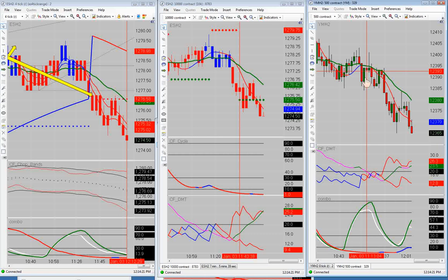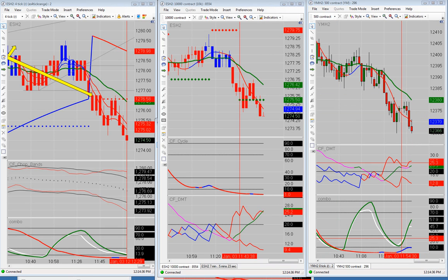on the ES. Now right here there was another opportunity on the YM. Right here on the short side, we had a bearish cross right here, a pull away from the BBC with a pull back up to the BBC right here. All right, that happened during the break, so we did not take that trade. I did want to show you guys